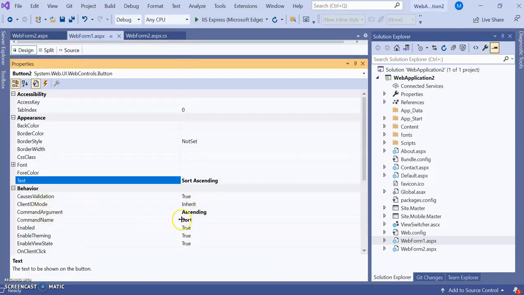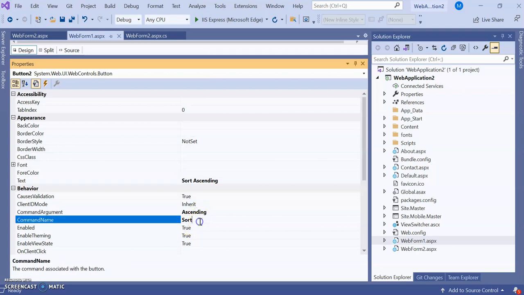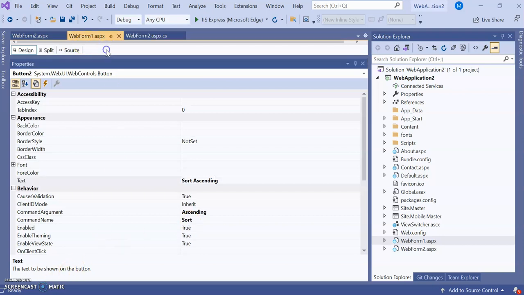You can see here the command argument is Ascending, and the command name is Sort, and the text is Sort Ascending. Text doesn't matter, you can write anything in the text, that is for understanding. But the command name is Sort.